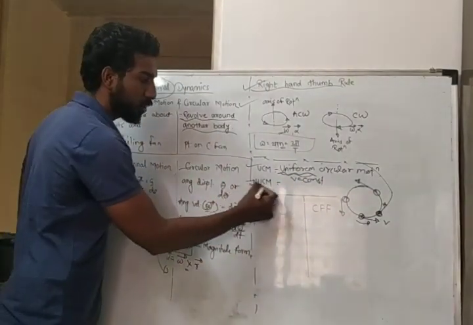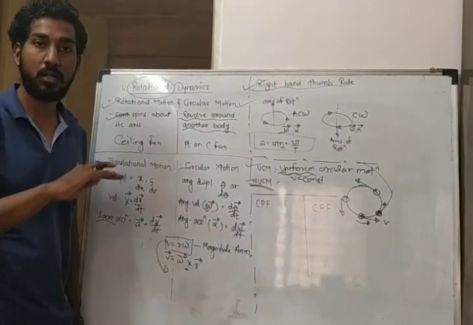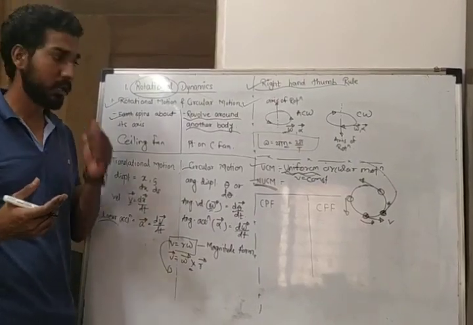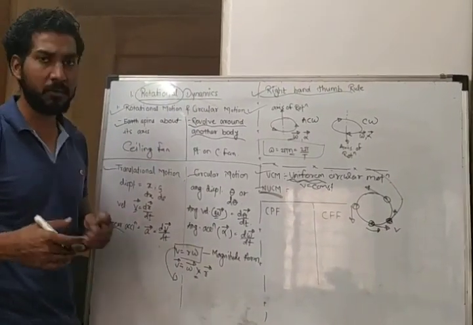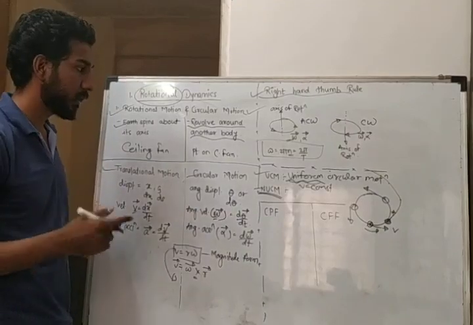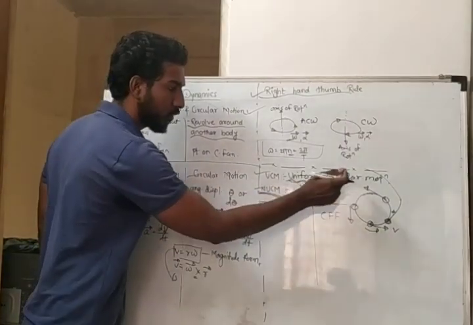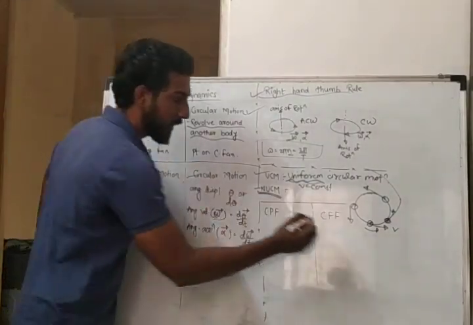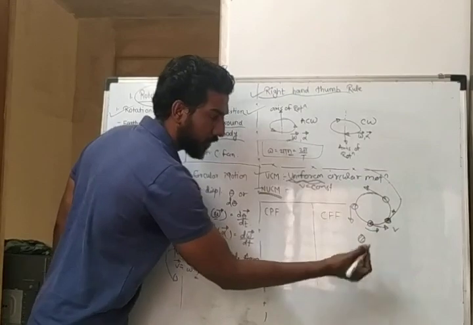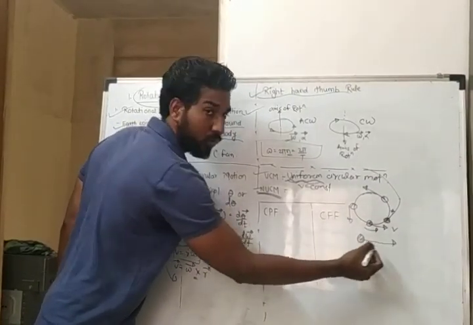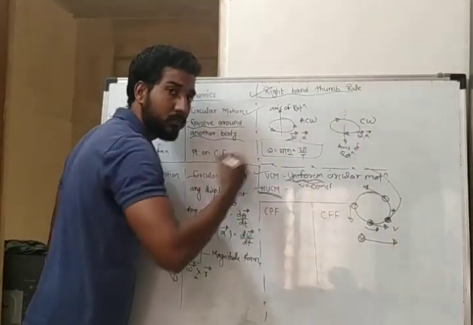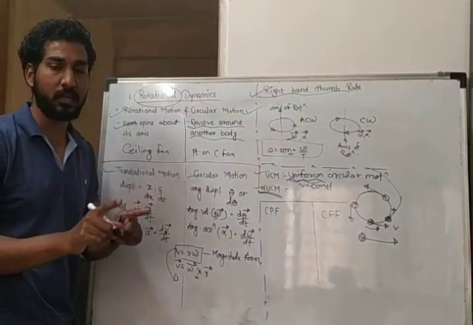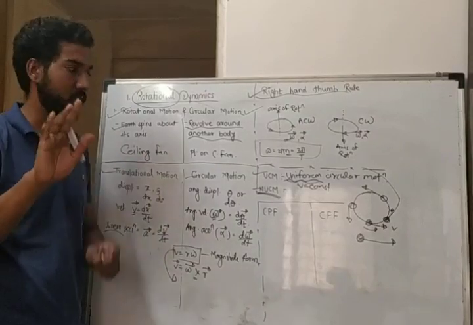And of course there is non-uniform circular motion, which means velocity is not constant, it is changing continuously. There will be an elliptical shape, we can say, or different velocity magnitudes. Again, one thing in uniform circular motion is that its direction changes every time. If the direction is the same, of course it will not form a circular shape, it will just move ahead, right? So the velocity magnitude is constant, and its direction is changing.